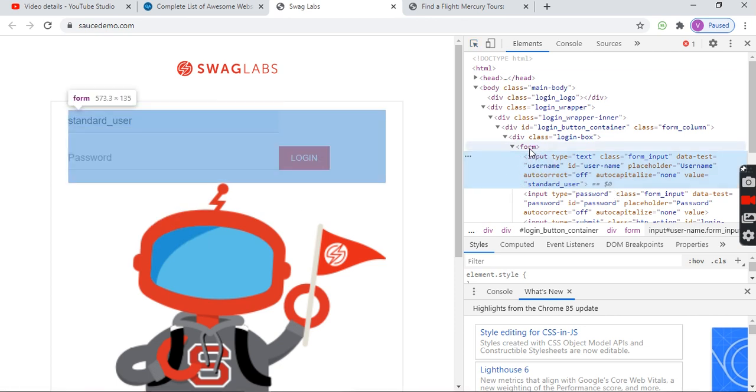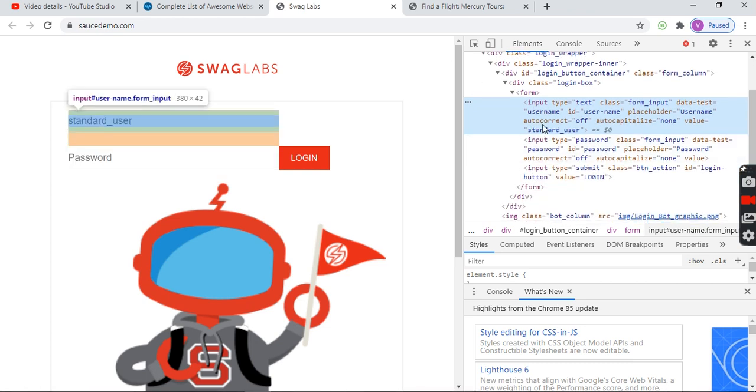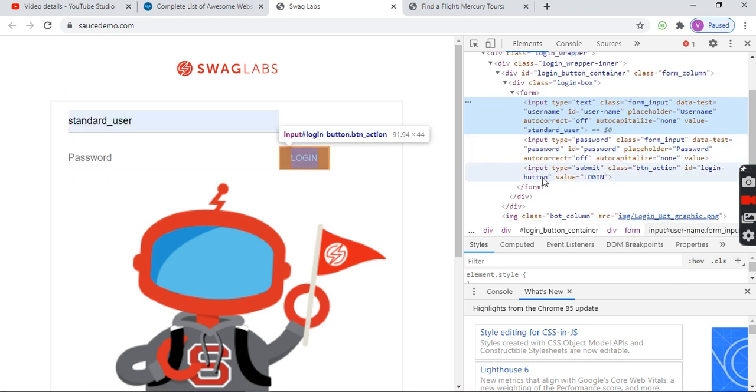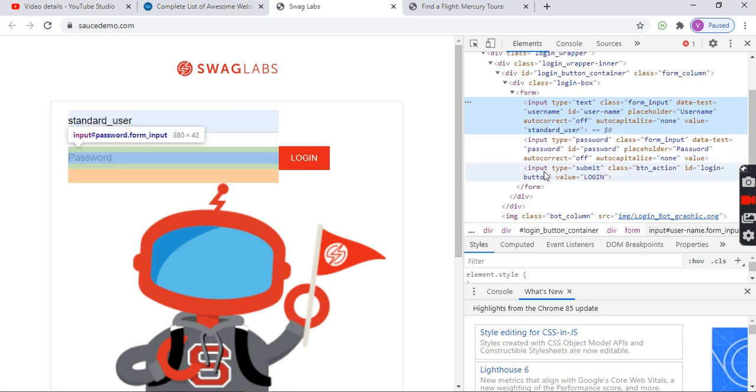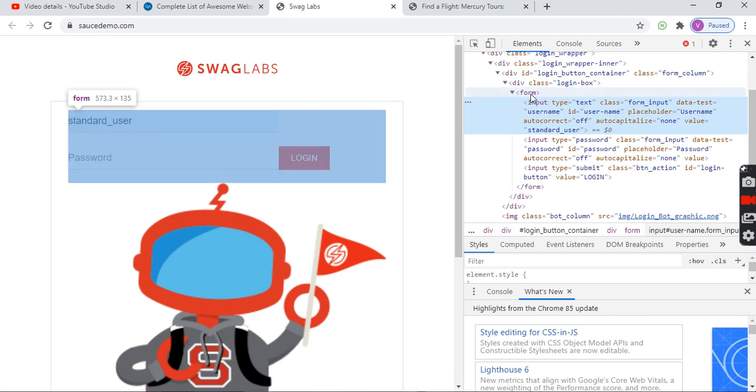Here, this is a form, it's a parent. These inputs are children. How many children does the form have? 1, 2, 3. Why are they children? Because each input tag is located within the form tag.